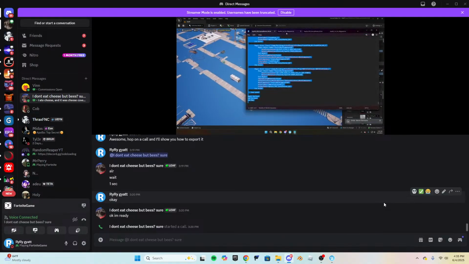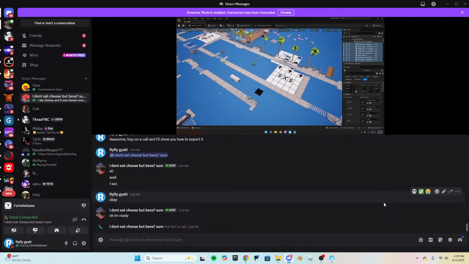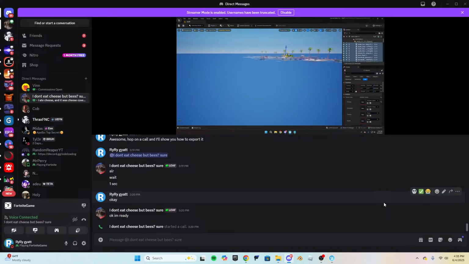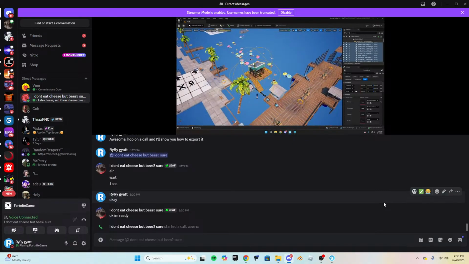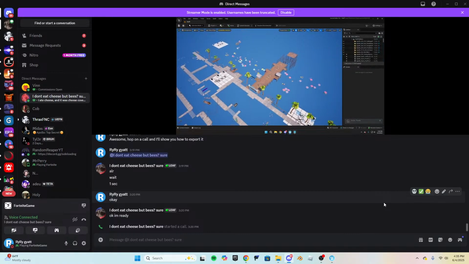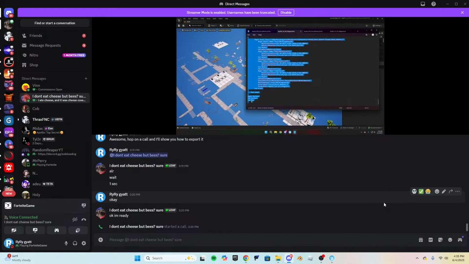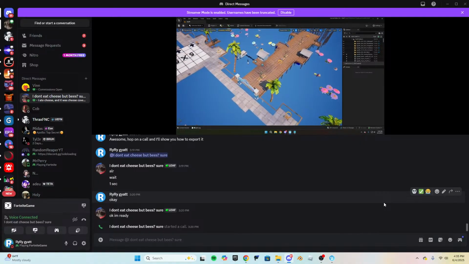Yep. Oh, careful. You have to redo it because you didn't connect it first. Connect it to a new floor. Yeah, just get a new one.